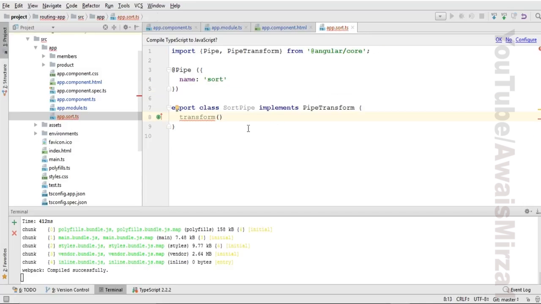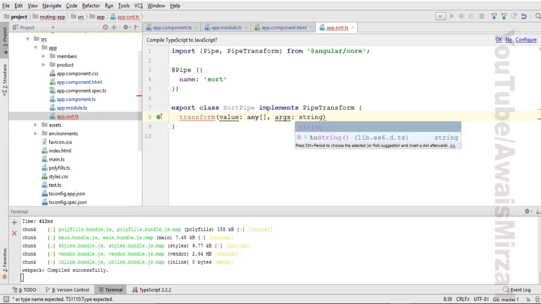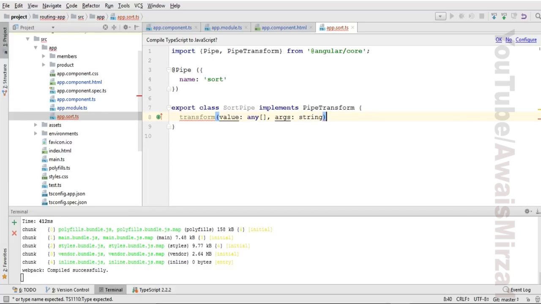So I will go to app.sort.ts, and inside it I will first receive a value, and the value can be of any type of array. An array can be of any type, whether it's a string array, float array, integer array, or characters array. That's why I have written any inside it, and after that I'm going to receive my argument, and that has to be a string, whether it's ascending order or descending order. After that I will write colon any brackets, and inside it I'm going to return the resulting value using this value and args. So I'll save this file,